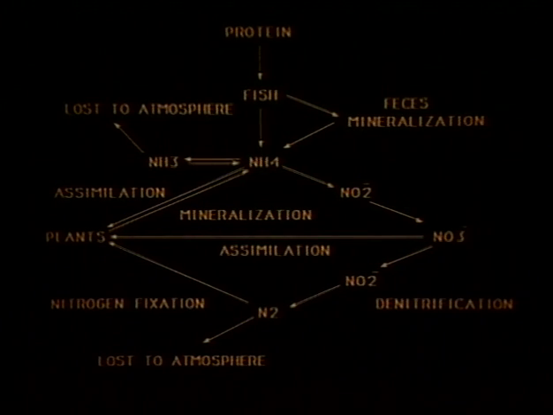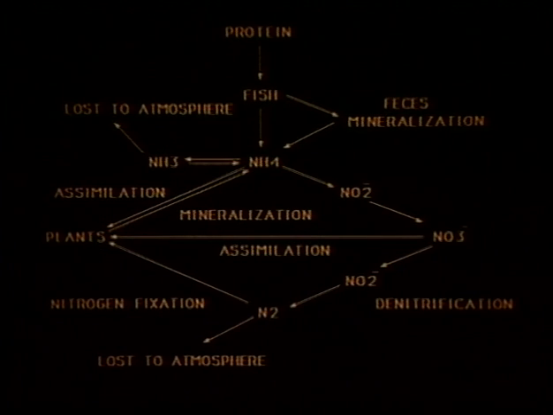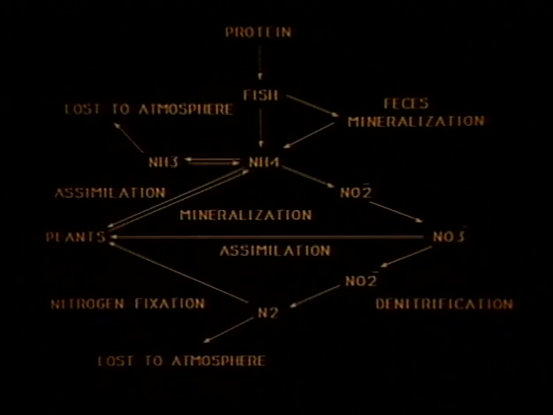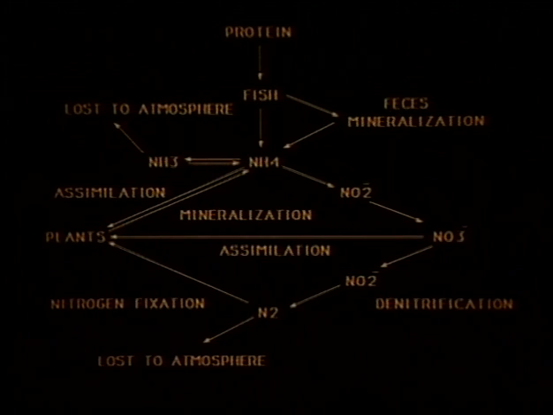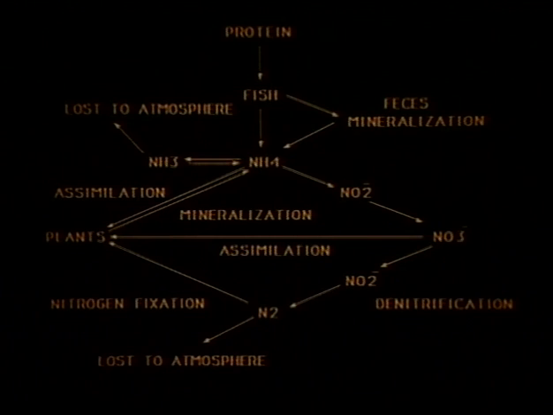Inputs of nitrogen are from fixation of atmospheric nitrogen by some algae and bacteria, fertilizer runoff into the pond, and from feed in ponds which are fed. In fact, this is the largest source of nitrogen in fed ponds. As nitrogen-containing proteins in the feed are digested by fish, ammonia is produced. Ammonia is the nitrogenous waste product of fish and other aquatic animals.